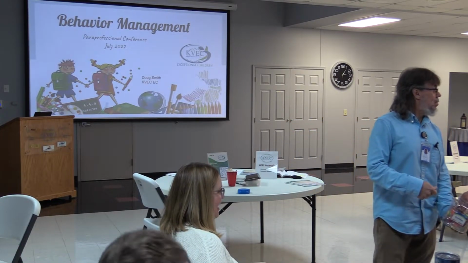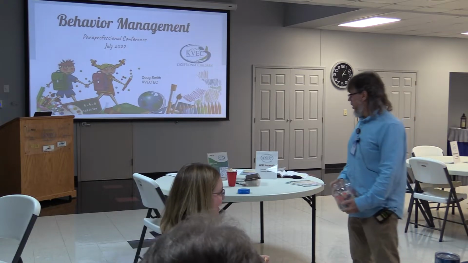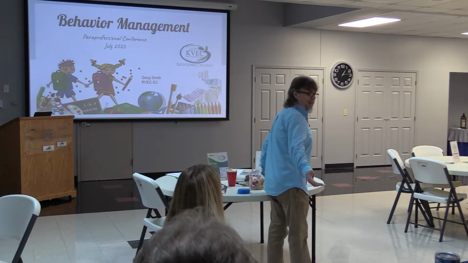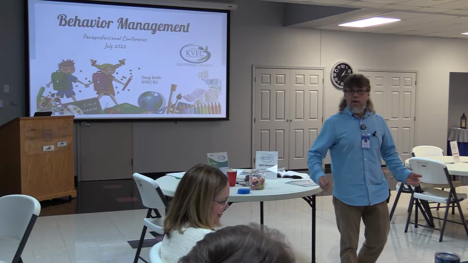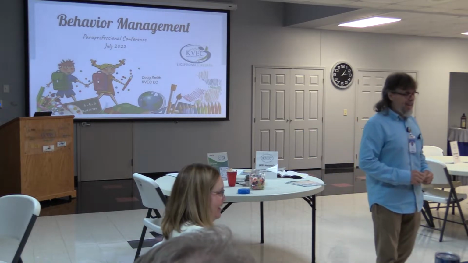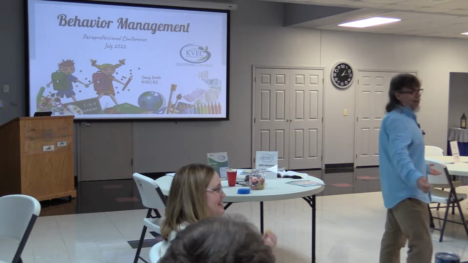We'll talk about this in a minute. This is ABC. The antecedent was open up that Jolly Rancher. The behavior was, I want a pineapple. She traded with me. The consequence was, I brought her the pineapple. Okay, she got her way.